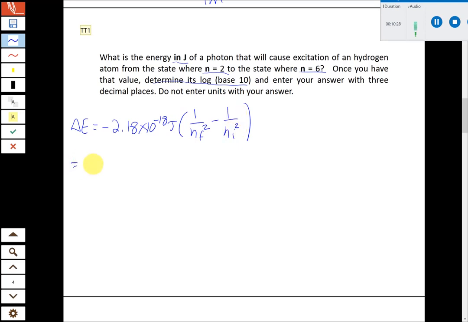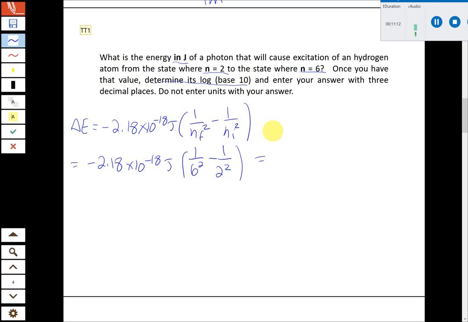So when we plug in the numbers from this one, here we're going from n equals 2 to n equals 6, so nf is going to be 6, and n initial is going to be 2. For this problem, if you switch these two, you're not going to get the answer wrong at the end, but it is good to keep things straight. So for calculating delta E, we need to make sure we put the final value of n first in the equation, initial value second. Here it's going to be 6 and 2 in that order. And so when we calculate this out, what we get is a delta E